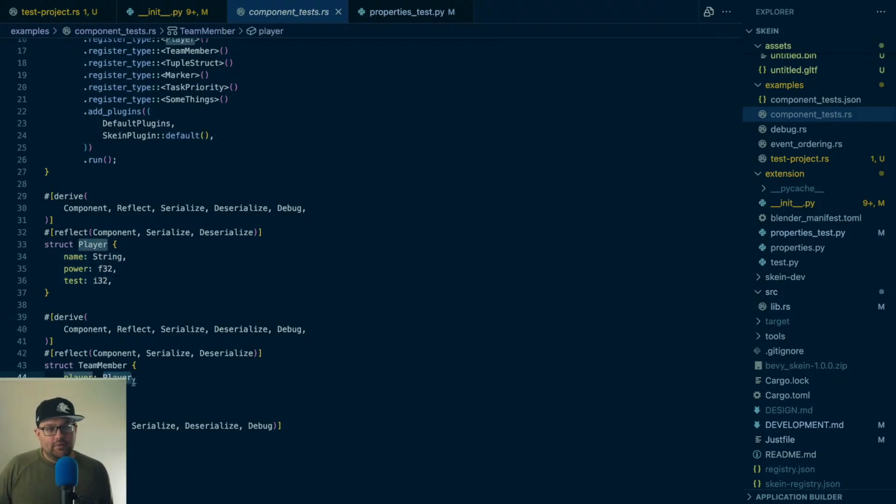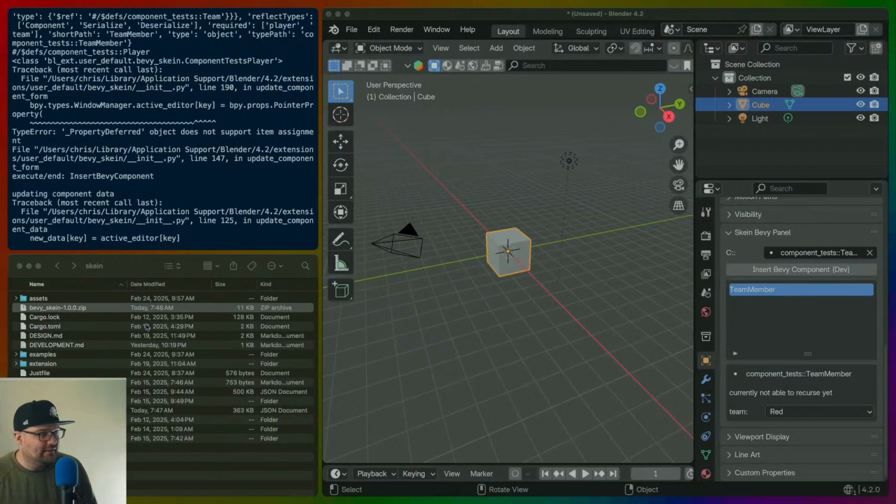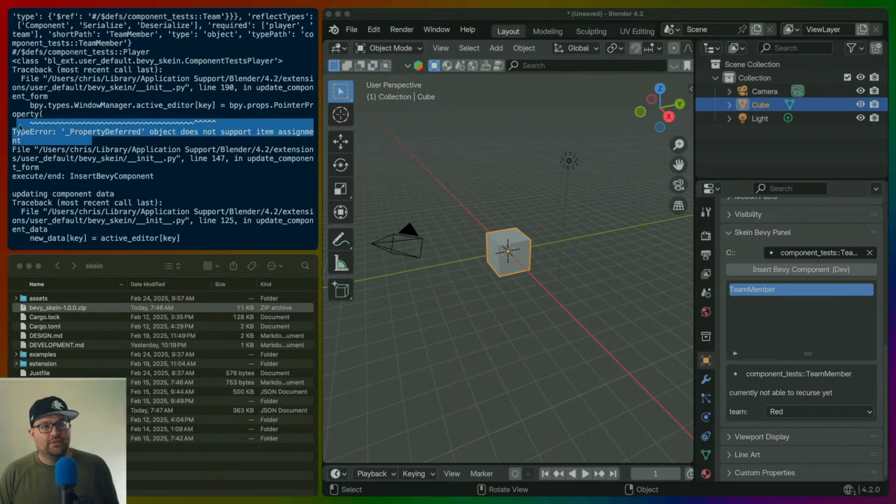Once you start getting into this, the player is a player inside of this team member. So this field is now a struct, which becomes a property group. This property group is now disconnected completely from this first layer. So what do you do with that second layer? And there's no really good answer inside of Blender as far as I can tell. And actually one of the issues that we're seeing here, this type error, because I've run into it so much,